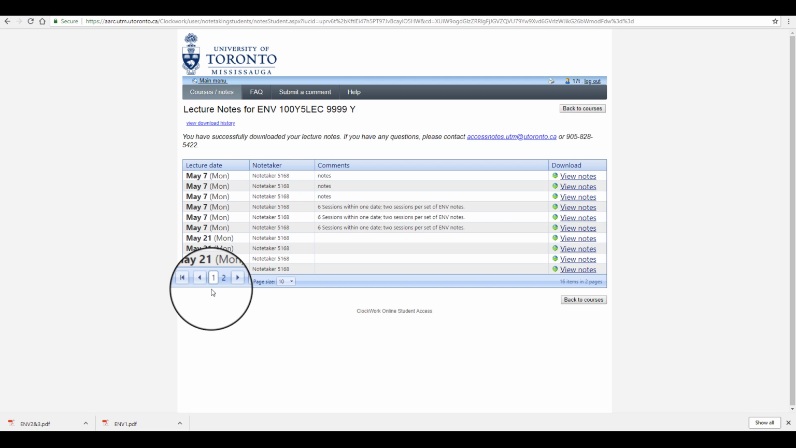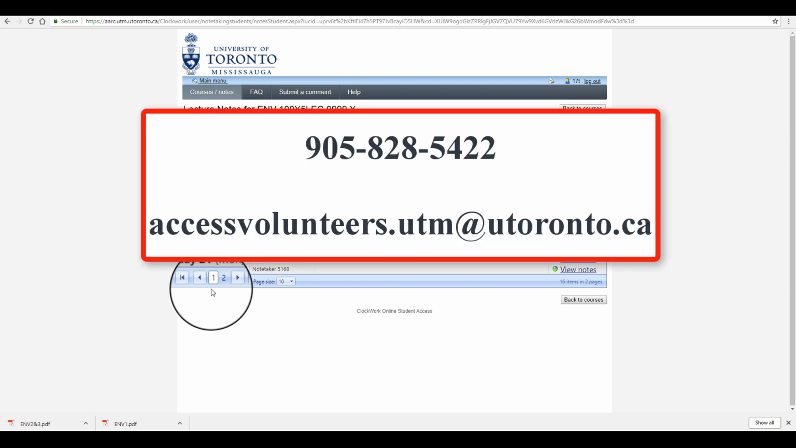If you have any questions or concerns related to note-taking, Accessibility's note-taking department can be contacted at 905-828-5422 or at